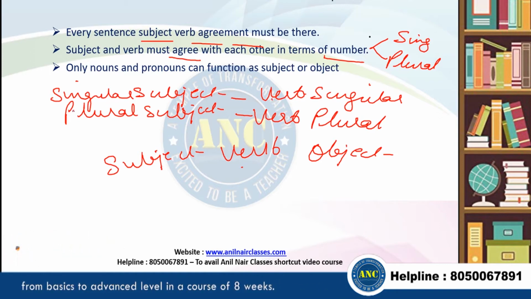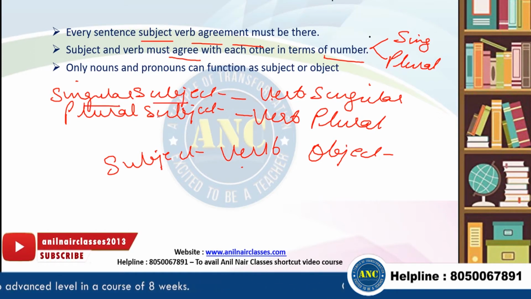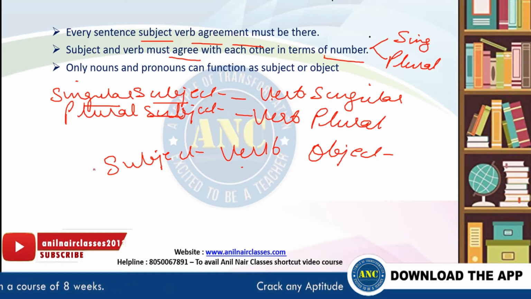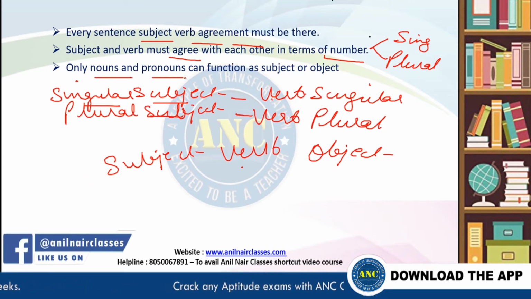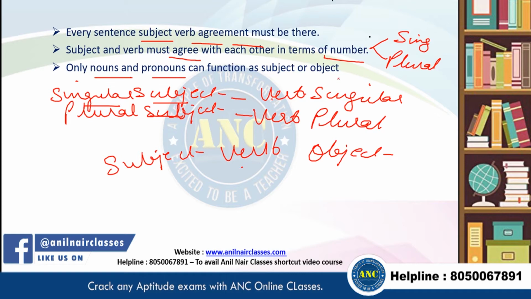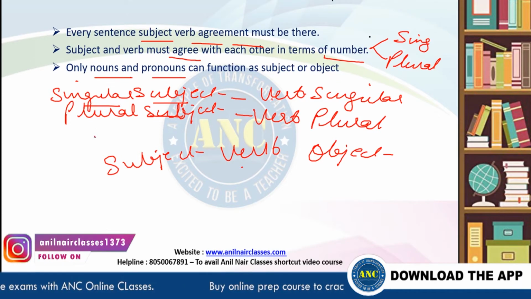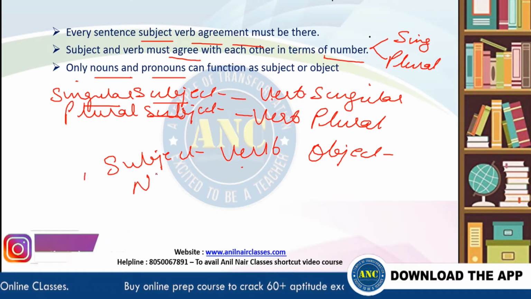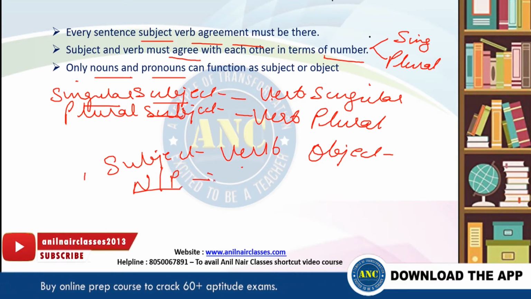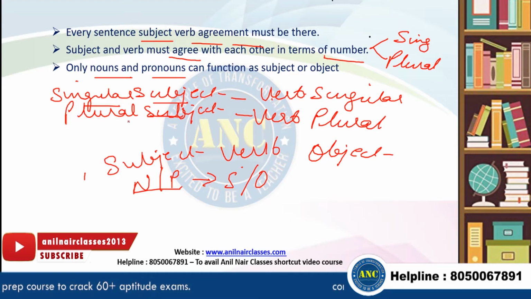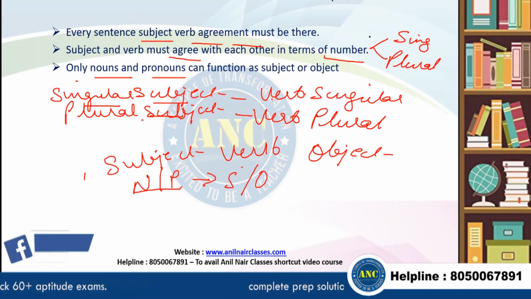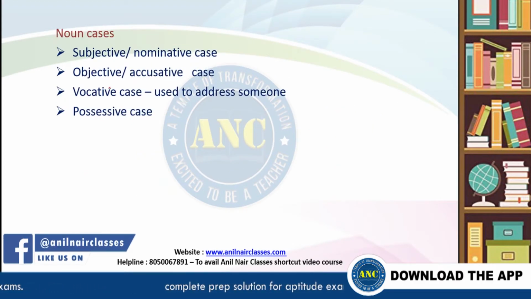Now, we are talking so much about the word subject. That is because only nouns and pronouns can function as the subject or the object. No other part of speech can act as the subject or the object. So only nouns and pronouns can act as either the subject or the object, nothing else. So we should think about the